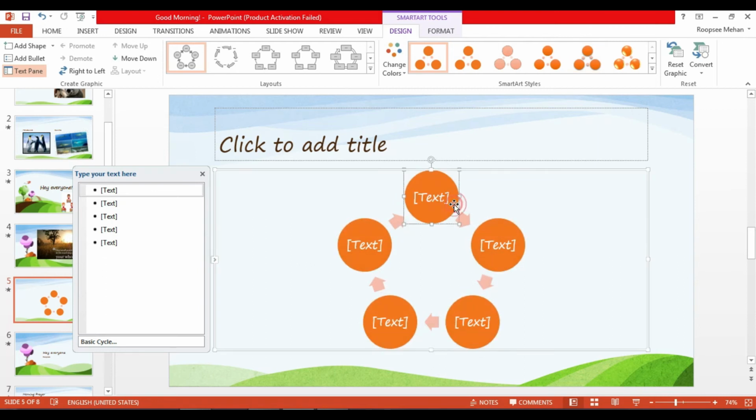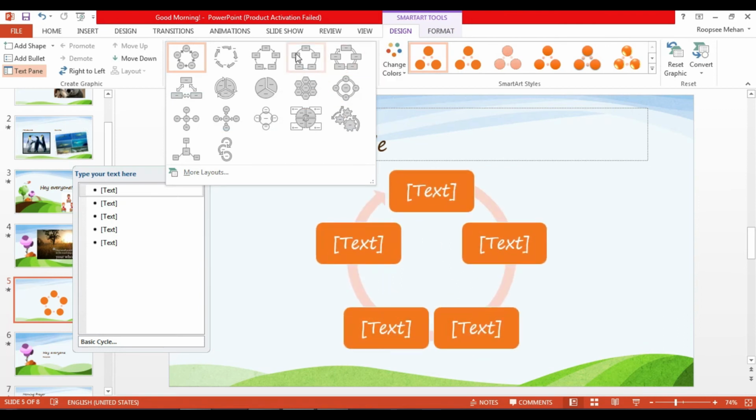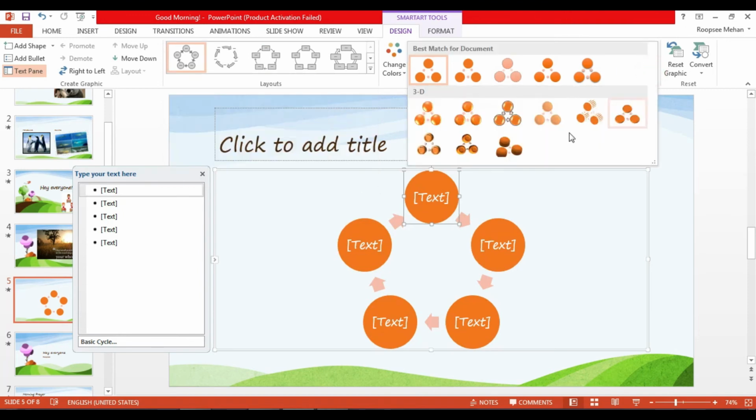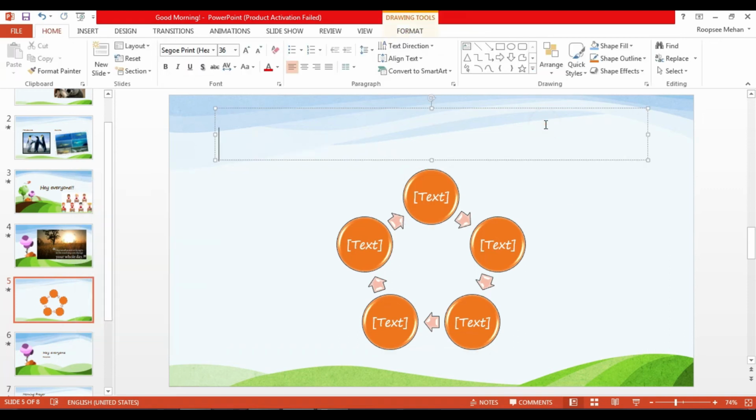When you click on a SmartArt, format and design tab opens, and you can change the layout like this also, and you can change the style like this also. So this is how we can insert some SmartArt graphic.